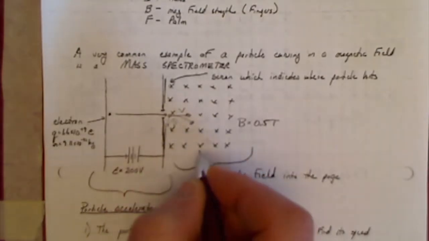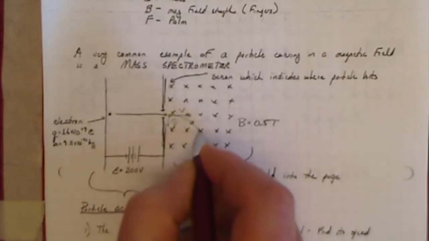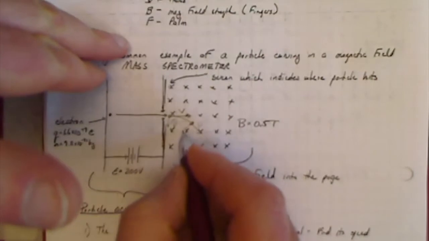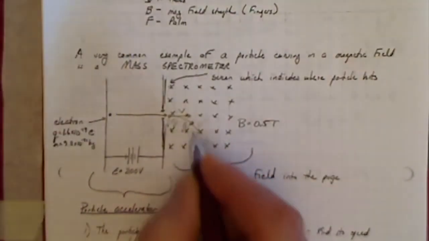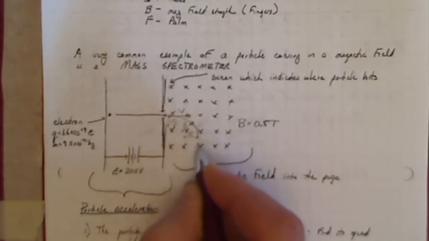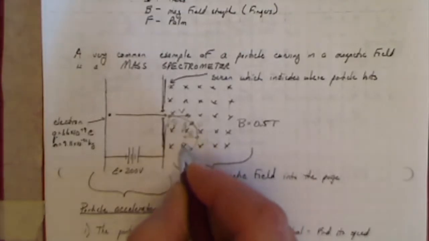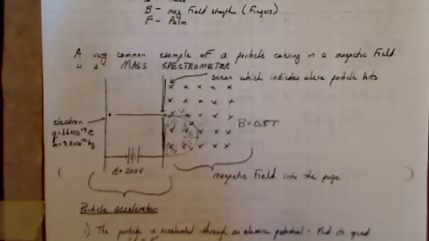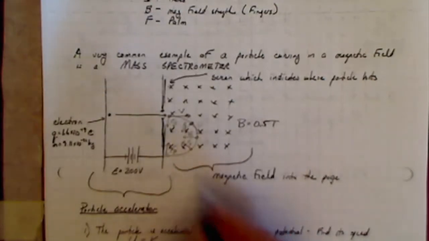If I do the same thing for that position, my velocity would be tangent to the direction of the curve there. Twist my hand a little bit, the force is going to be in this direction. So it's going to continue to turn. Force is going to be in this direction. Continue to turn. Force is in that direction. And you can see that the thing is starting to make a circle. That the force is always going to be pointing towards the center of that circle,